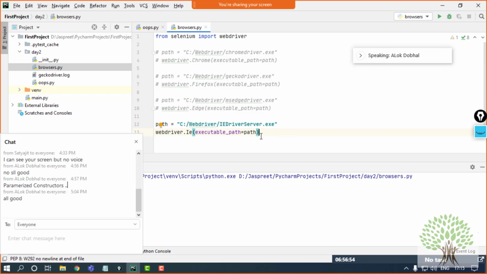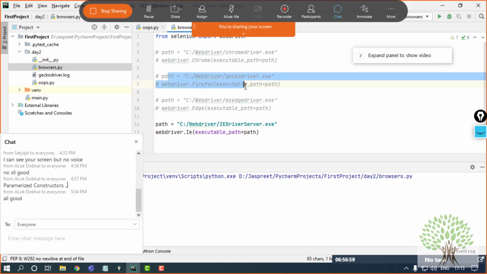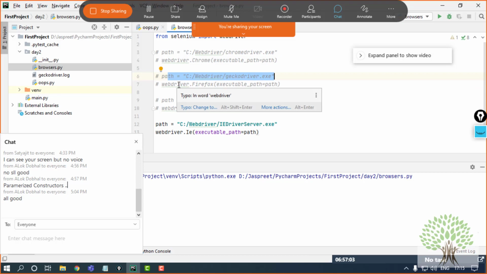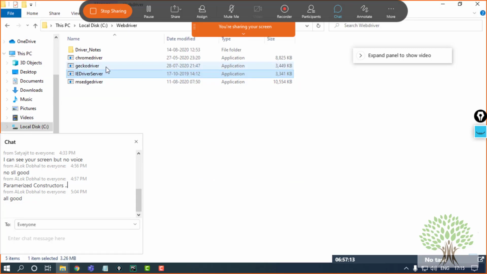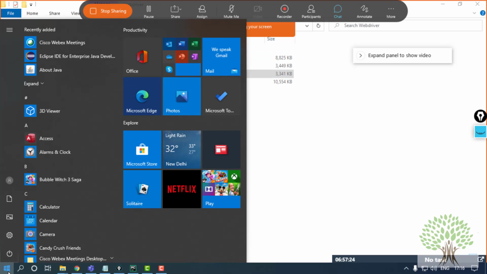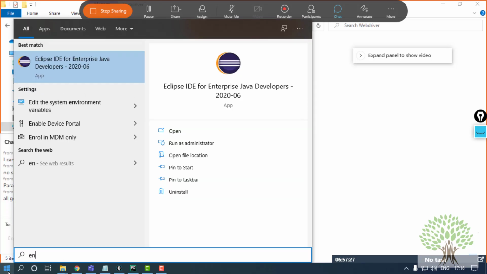Thanks. Okay. So now usually what question comes up, that do we have to give this path every time into our system, into our code? Actually not, you don't have to give it every time. What you can do is you can add these drivers into your system variables. The reason for keeping all the drivers in a single folder is this only, that when we have to add it into the system variables, we can just pick this folder from here and we can add them over there. So what we can do is just go to your environment variables.